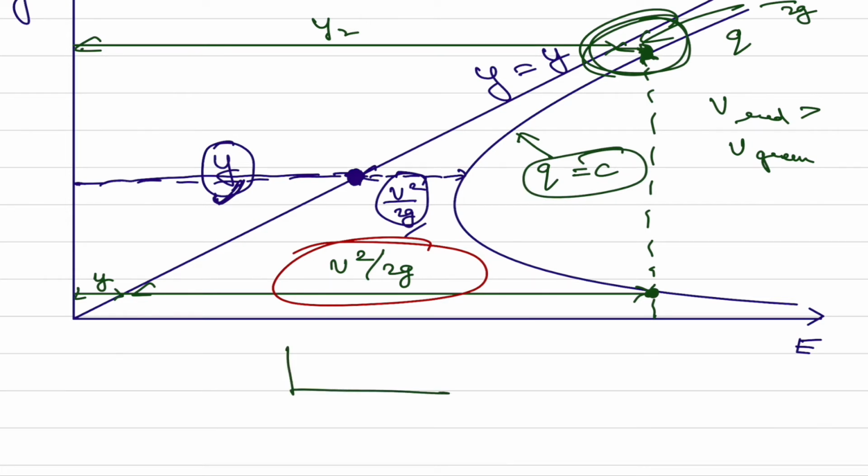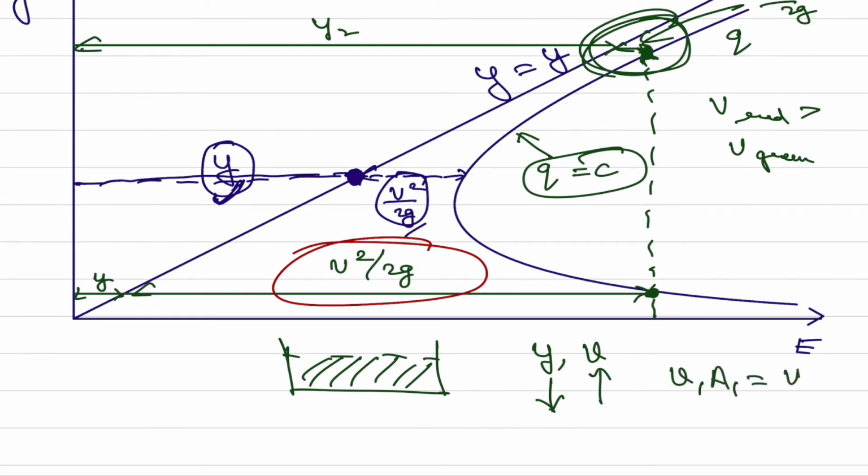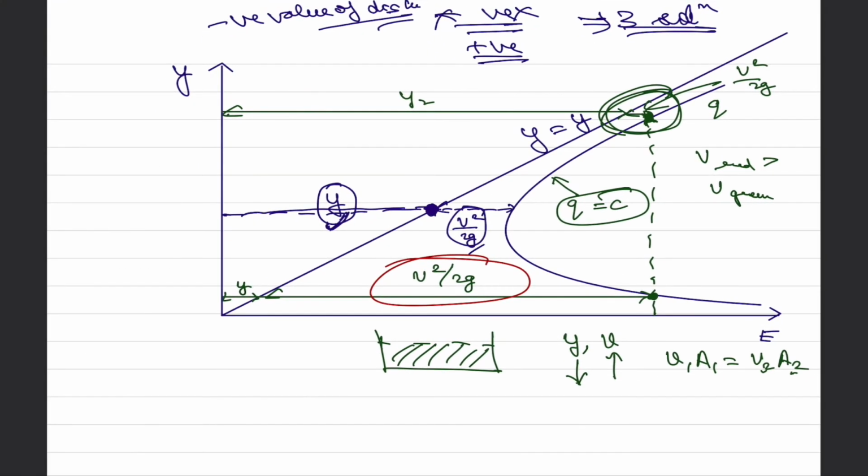So if we have a rectangular cross section and we have to pass a certain discharge through it, and we know the height and velocity, if we decrease y, our velocity should increase, because that's what our continuity equation says: v1 a1 equal to v2 a2. And if there are no losses on the way and we are applying conservation of mass, if velocity decreases, area has to increase, and if area decreases, then velocity has to increase. And that is exactly what this specific energy curve is giving us.